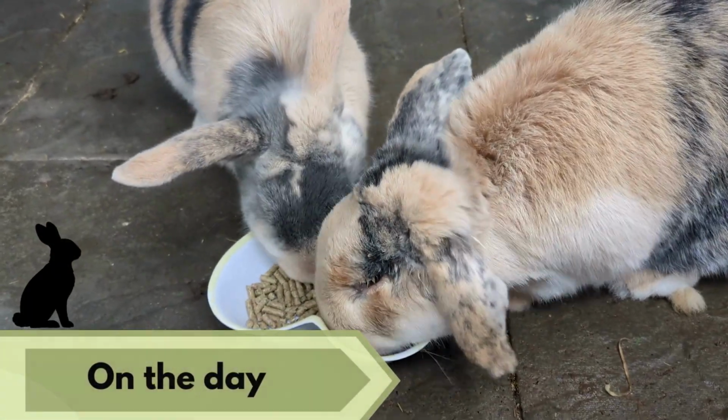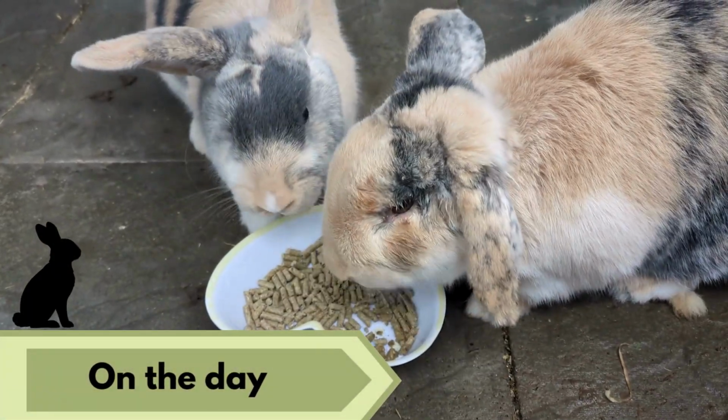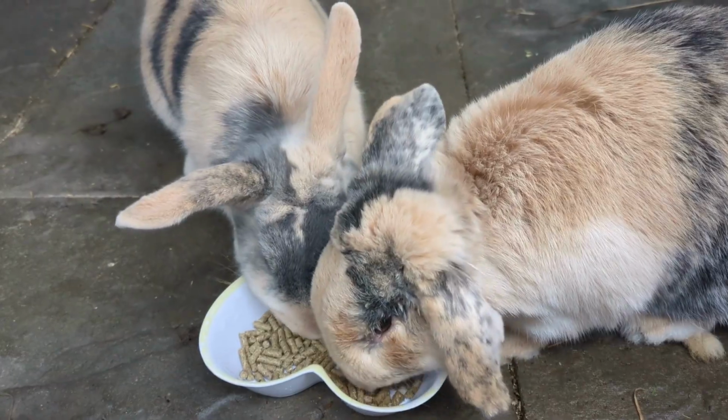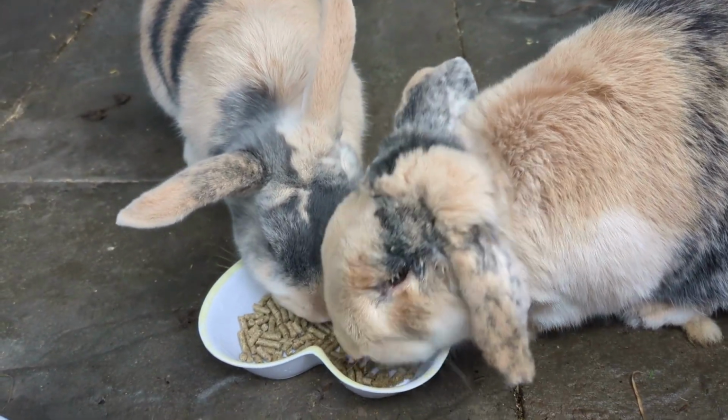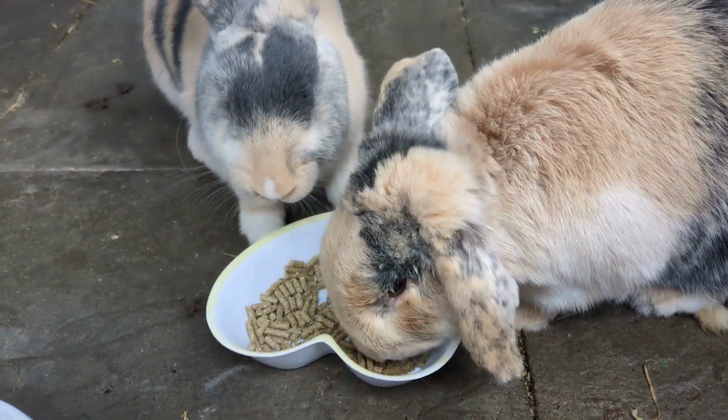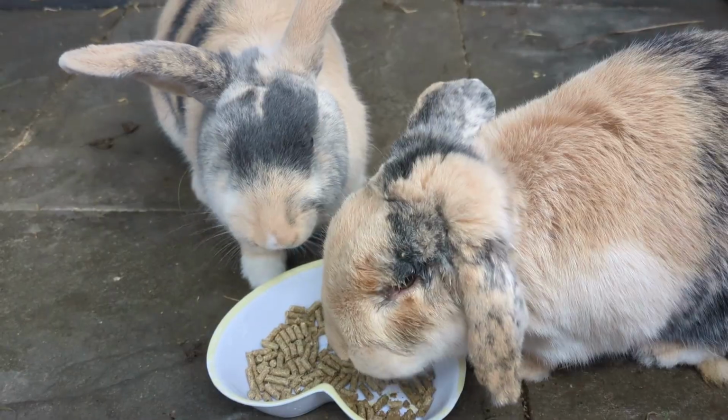Our routine at Nibbles is to feed only hay in the mornings and pellets in the afternoon. However, for any buns going in for surgery, we always give them a scoop of Pro Fiber first thing, usually around an hour before leaving. This helps to ensure they arrive with a full tummy and gives their digestive tracts a little boost before the